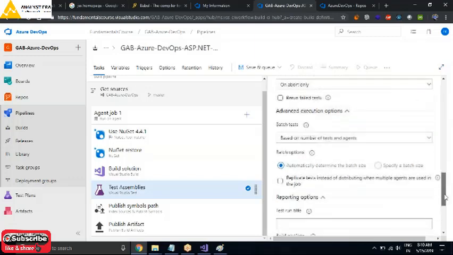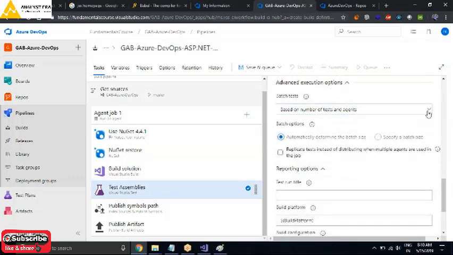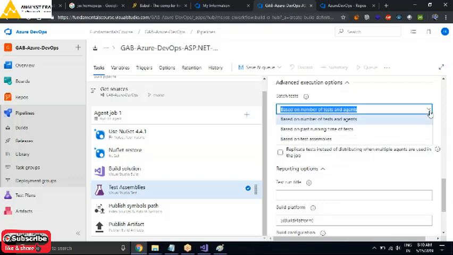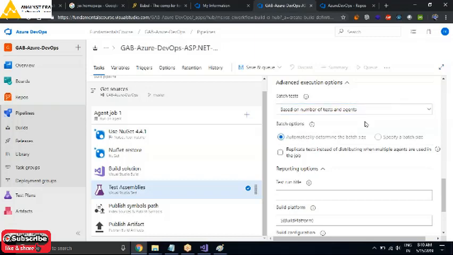What are the other settings which we have? Based on number of tests and agents. So I'm just batching the tests. It is essentially an internal thing. I will batch 2-3 test cases and run them simultaneously. That is what is called batching. So depending upon the number of test cases and number of agents, it will take care of itself. Azure will do the job for me. I'll just leave it by default. Depending upon whatever is available, go ahead and execute it in that way. That is what I'm saying inside